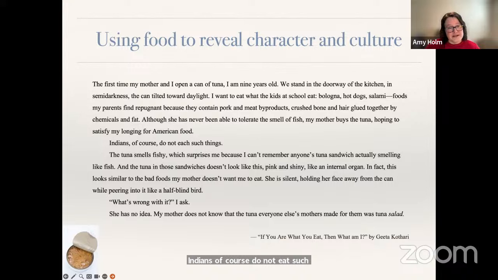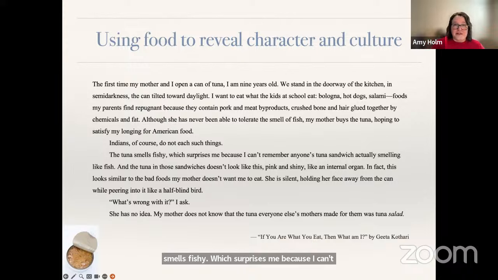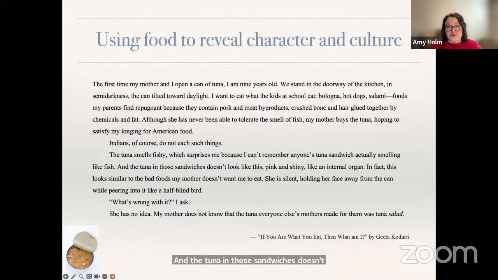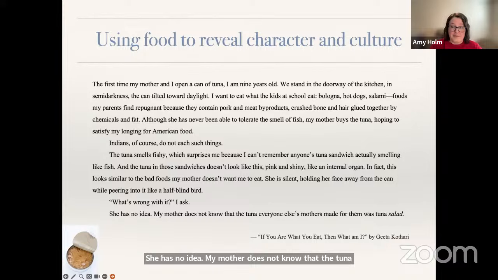The tuna smells fishy, which surprises me because I can't remember anyone's tuna sandwich actually smelling like fish. And the tuna in those sandwiches doesn't look like this, pink and shiny, like an internal organ. In fact, this looks similar to the bad foods my mother doesn't want me to eat. She is silent, holding her face away from the can while peering into it like a half-blind bird. What's wrong with it? I ask. She has no idea. My mother does not know that the tuna everyone else's mothers made for them was tuna